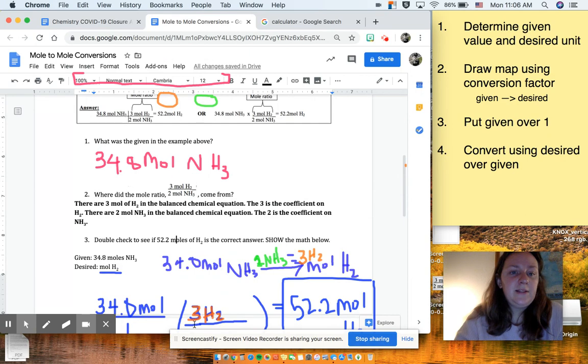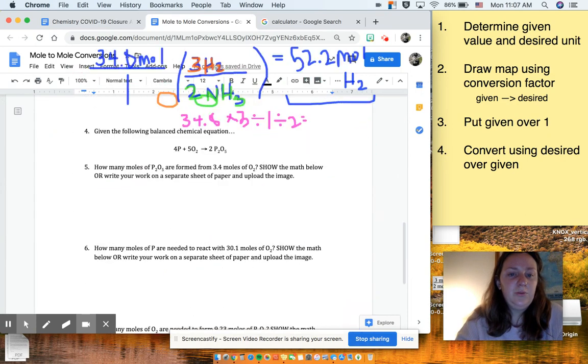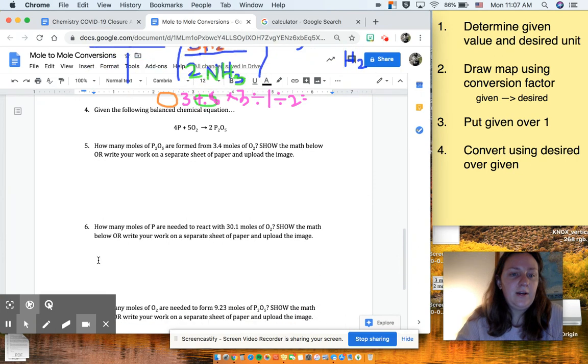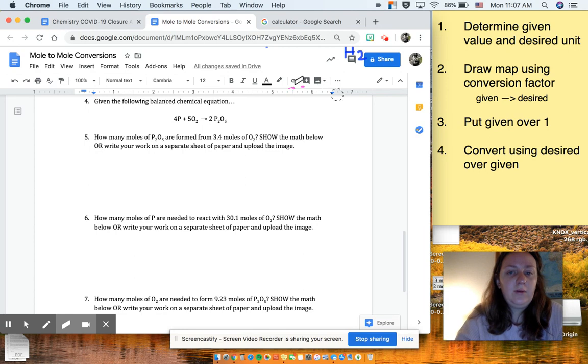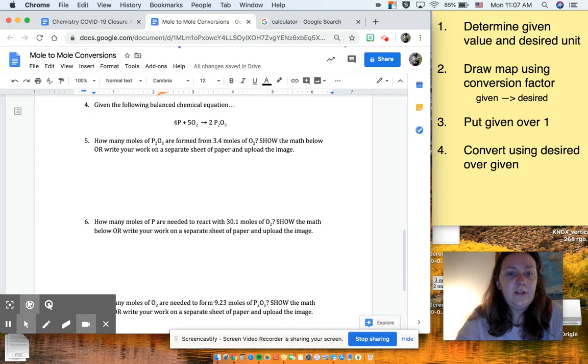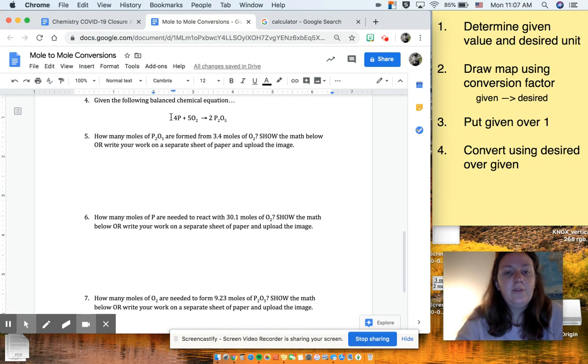All right, so we did this whole first set together. I want to do one practice problem from down here as well, and then you guys will do 6, 7, and 8 on your own. So let me just erase all this junk up here, and then we will do number 1 on this one together. All right, so in this one, we're given a different balanced chemical equation. We're given 4P plus 5O2 yields 2 P2O5. So what that means is 4 moles of phosphorus, P, plus 5 moles of oxygen gas, O2, yields 2 moles